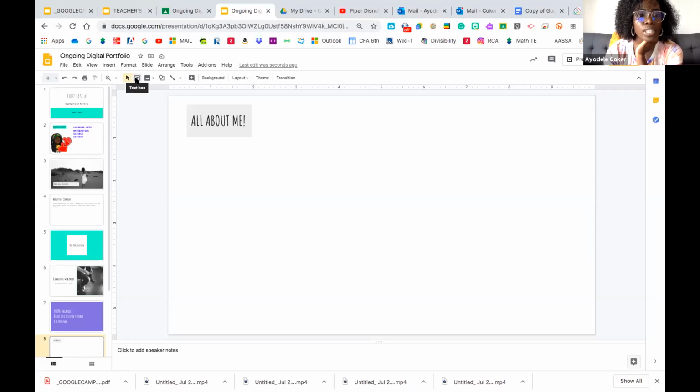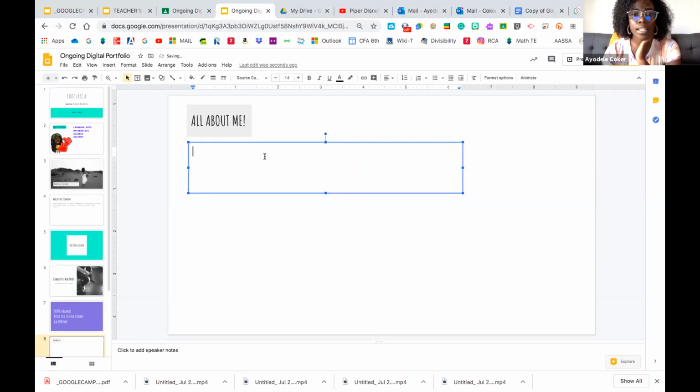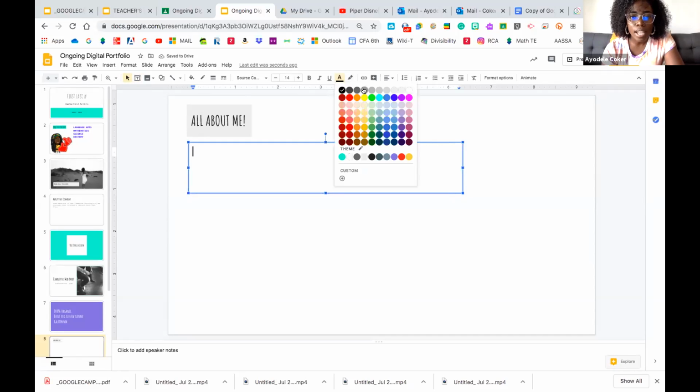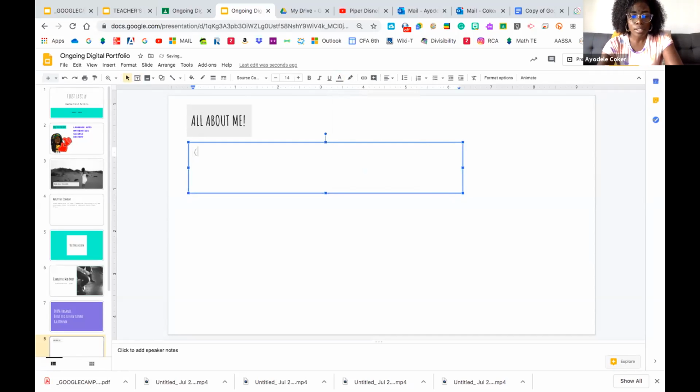So I'm gonna go over here to this text box icon, and I'm gonna add a text box. Okay, now I'm gonna gray this out because I actually want them to delete this later. Delete later, but these are the rules.